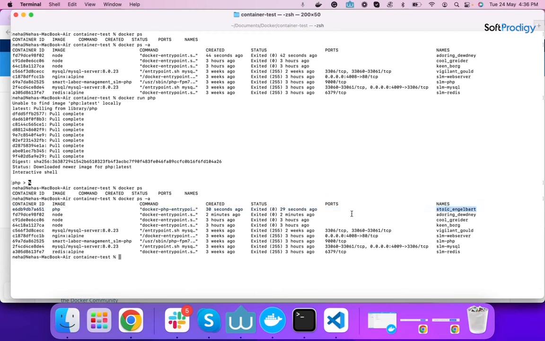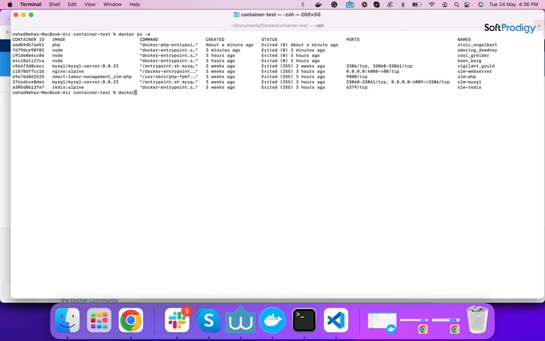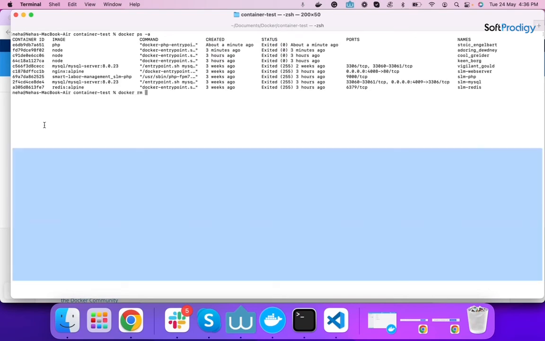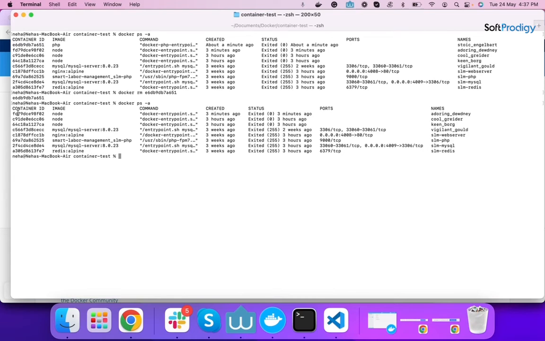And if we provide a name to our image, then it will be displayed over here. Otherwise, Docker provides a dynamic name to every image. So this is just a sample image. We can remove it with docker rm and the container ID. We can remove a particular container from the command line itself, and Docker Desktop users can delete it from Docker Desktop also. So here we don't have any PHP container right now.